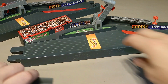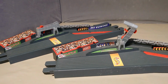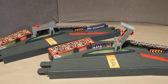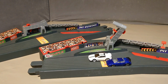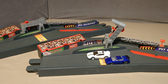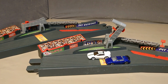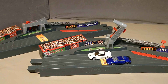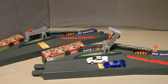I got this for a steal. I've seen these tracks going online for up to £50 and I didn't pay that for it. Big shout out to Cuboid. He messaged me and said, "Hey Sharky, have you seen this?" And I went, "No." He said, "Well, I've got a couple of these. I thought you might be interested." And I'm like, "Oh, okay." It was online for £5 plus postage on eBay, and there was 6 days to run. With about an hour to run, nobody had bid, so I put a bid in, and nobody else did bid, so I got it for the opening bid of £5 plus postage. So I think I got an absolute steal,